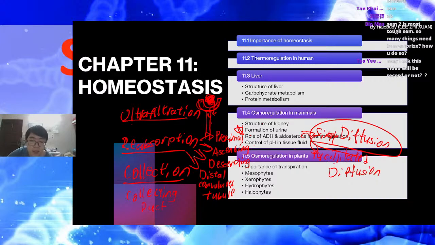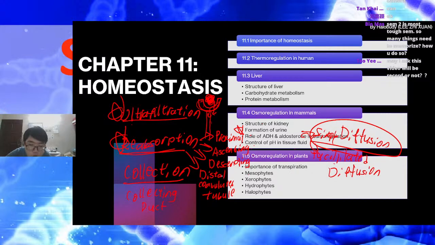It will learn in very detail, especially in reabsorption and ultrafiltration. Sangat detail lah. Sangat detail. Collection tak detail sangat, because collection already know nothing to reabsorb lah, because reabsorption already reabsorb banyak benda lah. Kebanyakan benda akan reabsorb. Collection datang untuk conformation sahaja, untuk